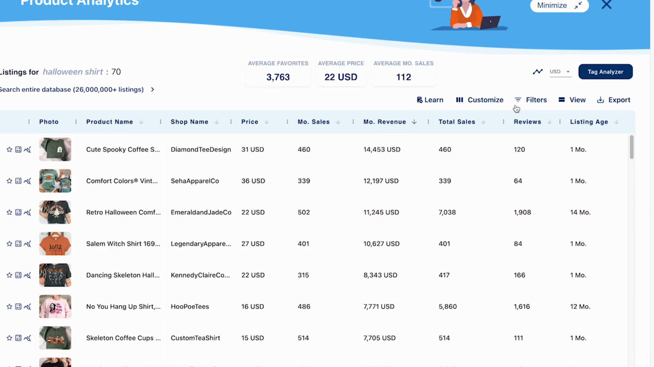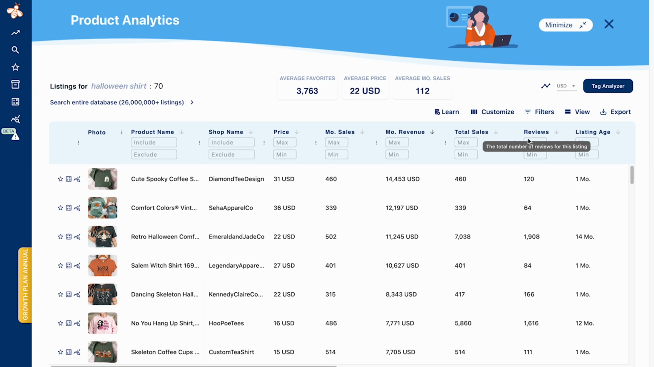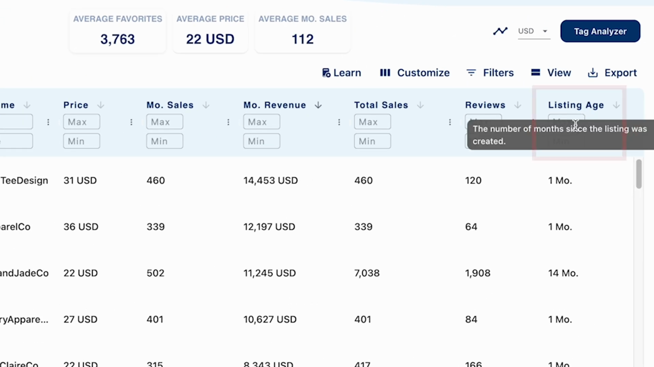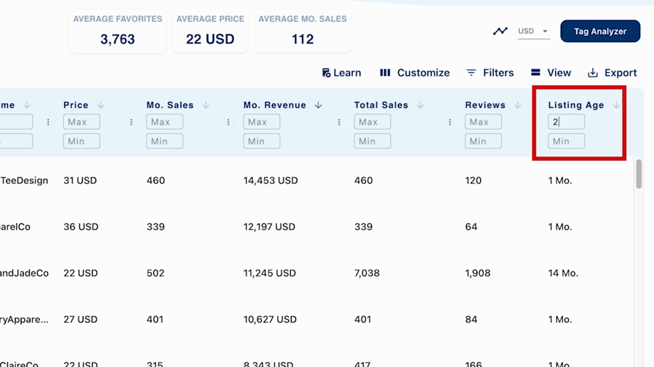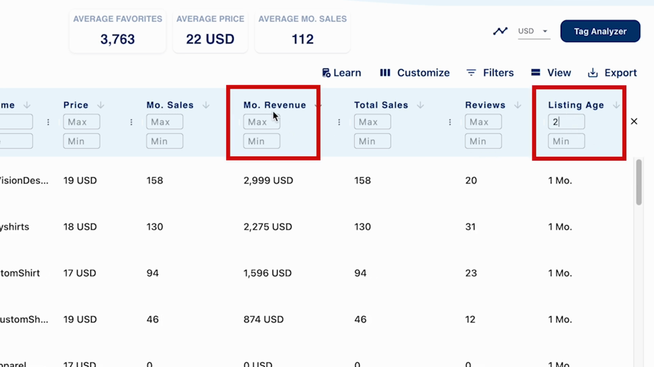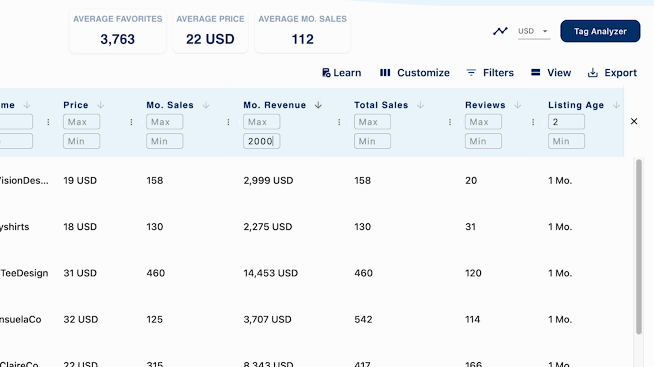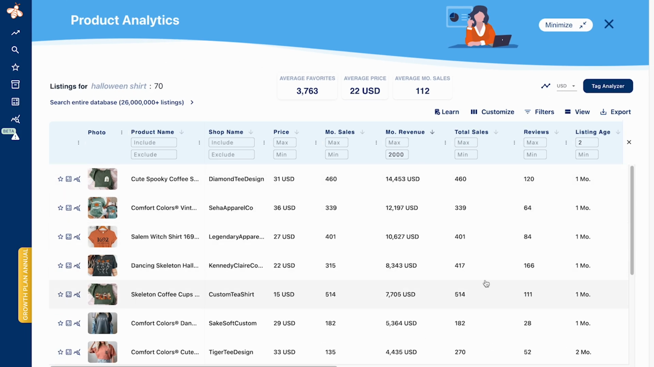And now I want to take this a step even further. So what I can do is go over here to the filters tab, and then you can really curate this to get the exact results that you want. So what I like to do is under listing age, I will do maximum 2 months, and then for monthly revenue, I will do minimum 2,000. So now once I hit enter, this will give me results for listings that are relatively new, so no more than 2 months old. And then for revenue, it will have to have generated at least $2,000 in revenue. And then I will sort this again,